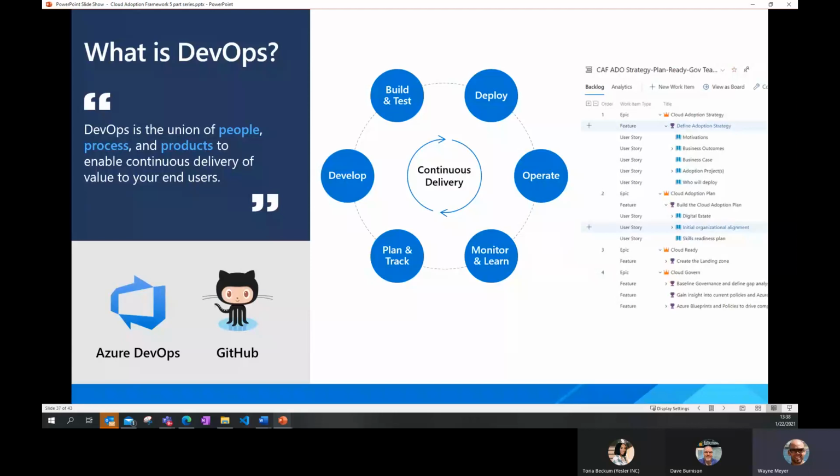So as we jump in, I want to make sure that we level set on what DevOps is, and how we think about DevOps. A lot of the time we get caught up in DevOps as the product, or just the piece of technology that's going to enable us, as opposed to that union of people, process, and products, and bringing all of that together to streamline the way that we deliver technology, deliver solutions, build assets, or even gather feedback from customers and iterate on that.